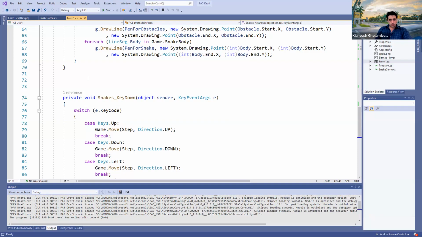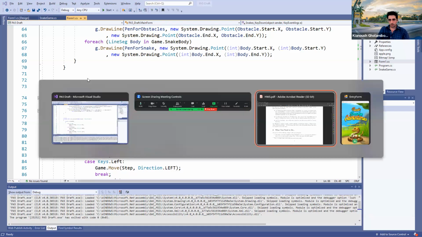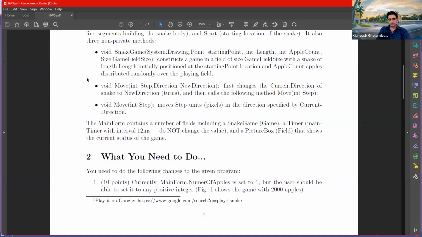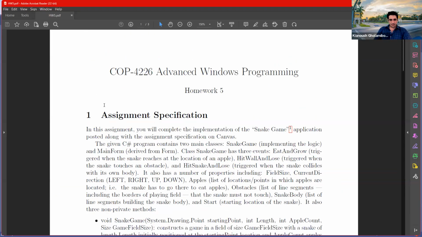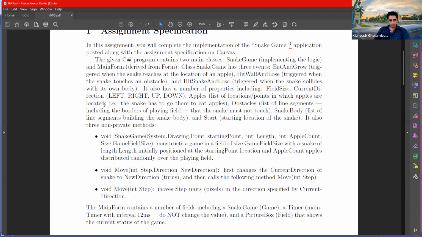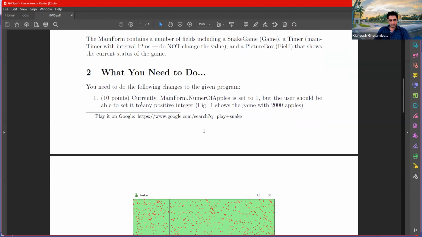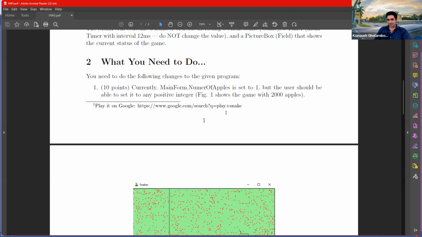What you need to do to make things better is specified in this document. Let me show you. That's part of your homework 5. Basically, I have listed them here. The number of apples is set to 1, as I showed you originally, but the user should be able to change it to any positive number. So make it happen